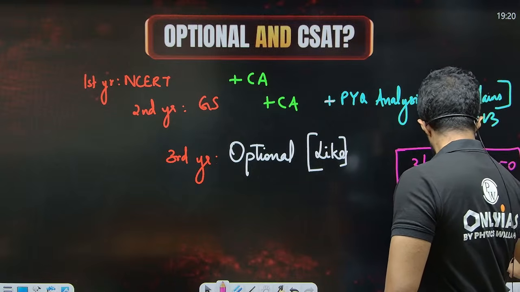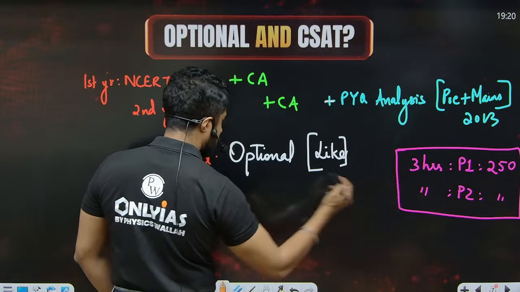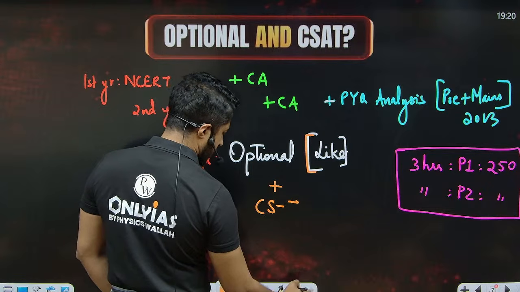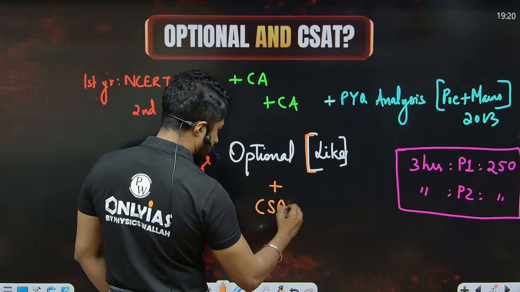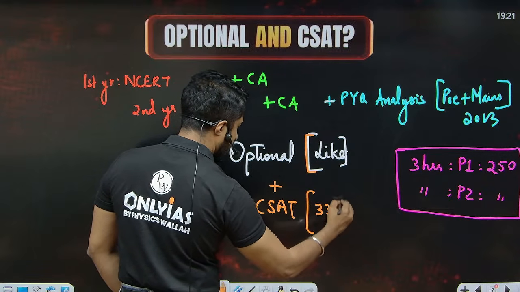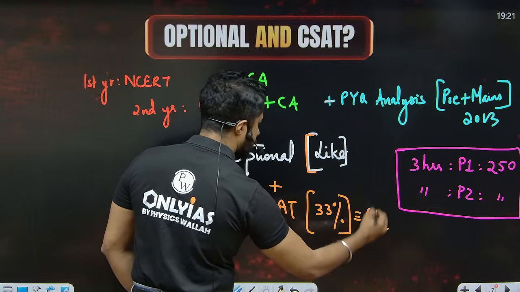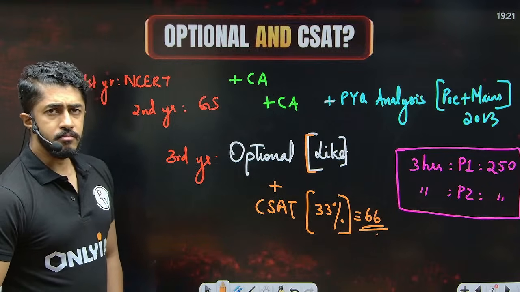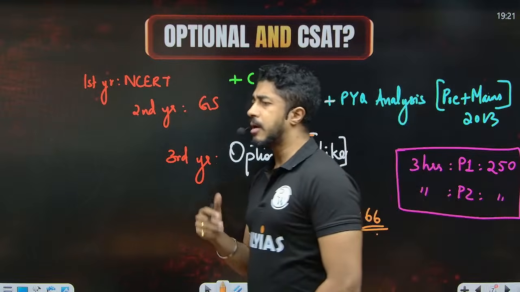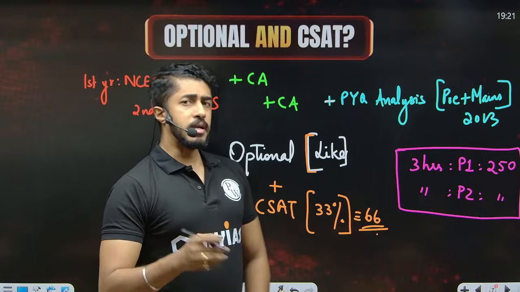Moving ahead. And then simultaneously practice what? CSAT. CSAT, once again, let me tell you, I've told this multiple times also. Don't ever forget, you just need to score 33%. That is 66 marks. Some people are like, no, 66 marks is very difficult, this, that, etc. Practice. Practice it more. That is the only thing to do.